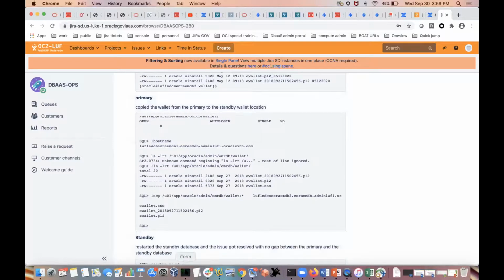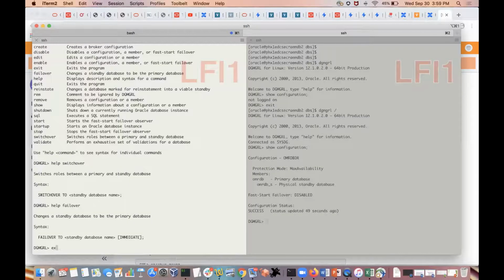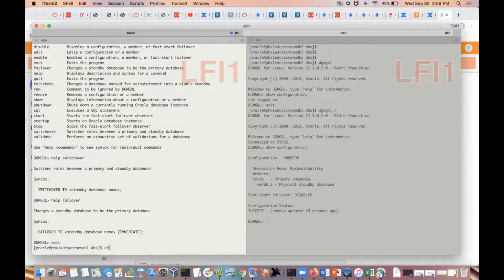Anyway, we can get there. If you go to Oracle base/diagnosis/RDBMS/OMR/OMR/trace,